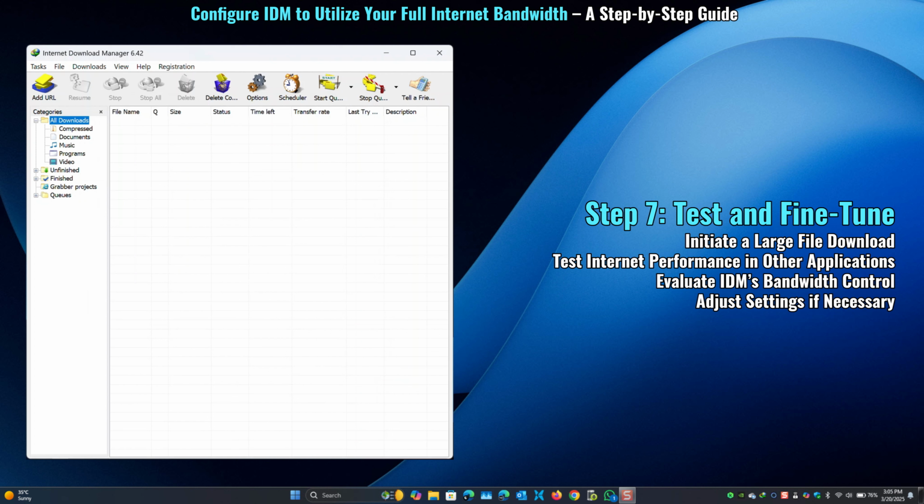So all these steps, how it works, let's check that out. By increasing the number of connections, for example to 32, IDM splits the file into many segments and downloads them simultaneously, saturating your bandwidth. Most servers allow this, and it ensures IDM uses every available bit of your connection. Disabling the speed limiter lets IDM run unrestricted, leaving little bandwidth for other tasks. And limiting simultaneous downloads to 1 concentrates all bandwidth on that file rather than sharing it with other downloads or apps.